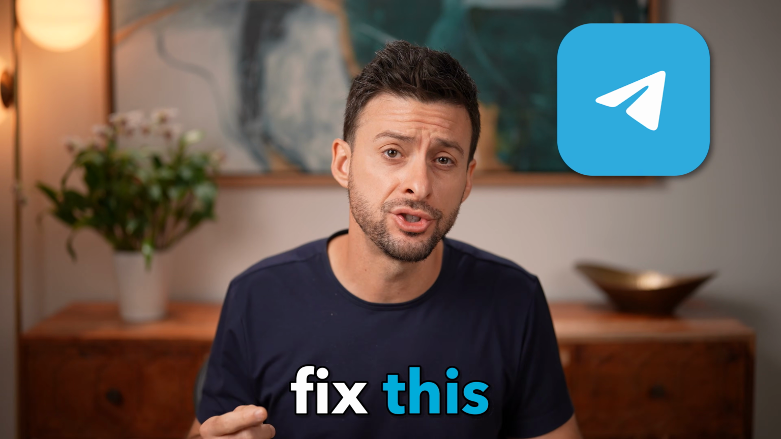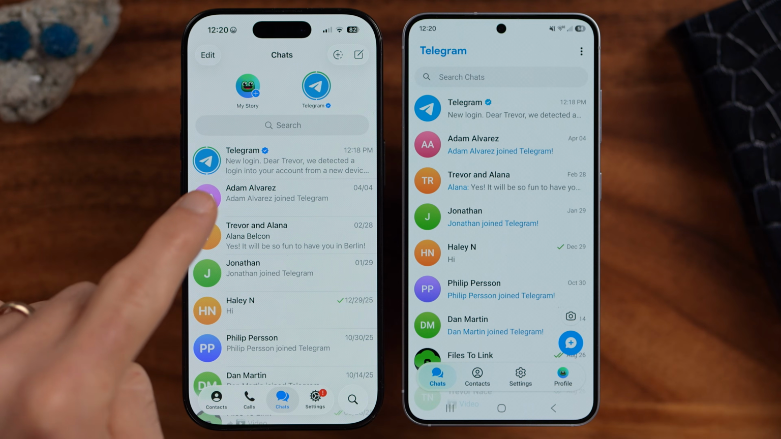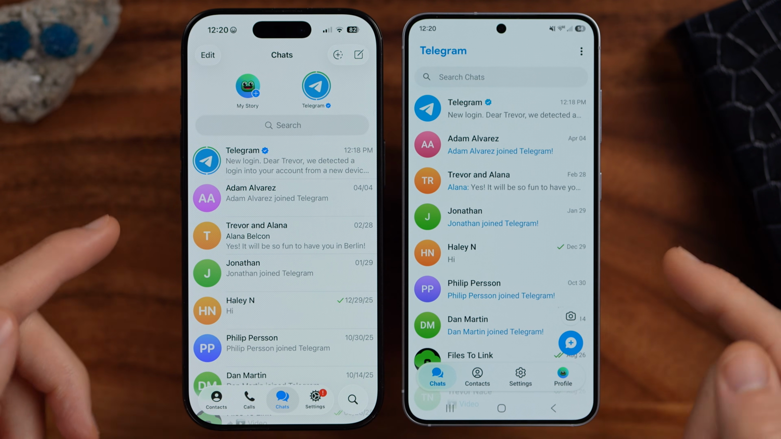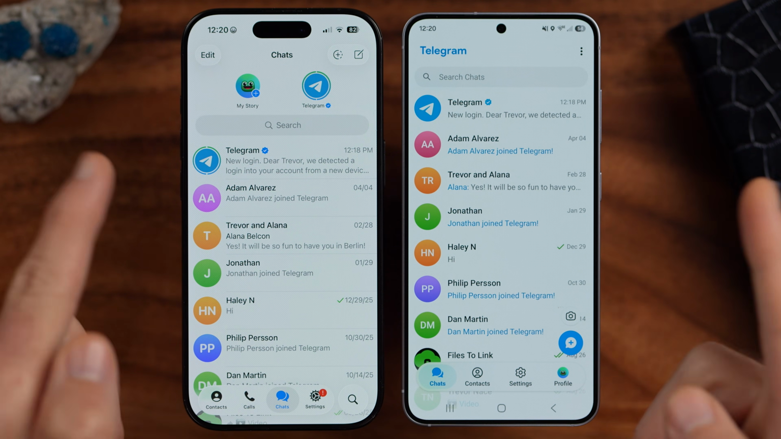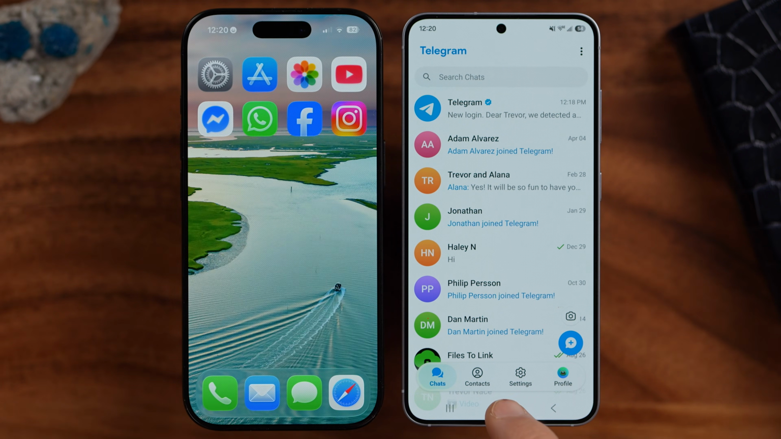Here's how to fix "this channel cannot be displayed" on Telegram. Now I have my iPhone and my Android here. I'm going to walk you through the exact steps on both devices so that you'll be able to see all of the content. Now it works a little differently on either device, but you have one option, which is to